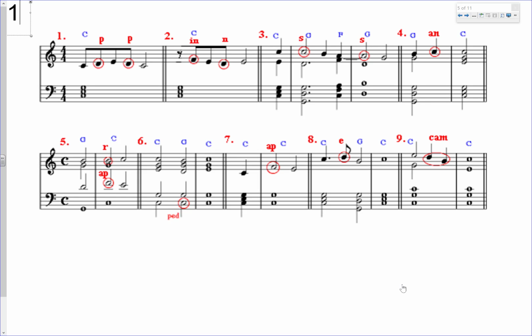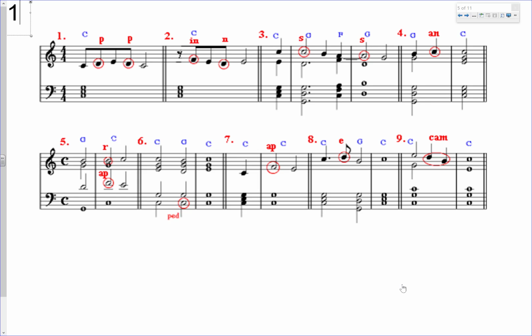Let me play measure 8 in its entirety so you can also hear the perfect authentic cadence. So that's our escape tone, approached by a step, then resolves by leaping, normally in the opposite direction, to a chord tone. Now in measure 9, we have another non-chord tone that we need to talk about, and